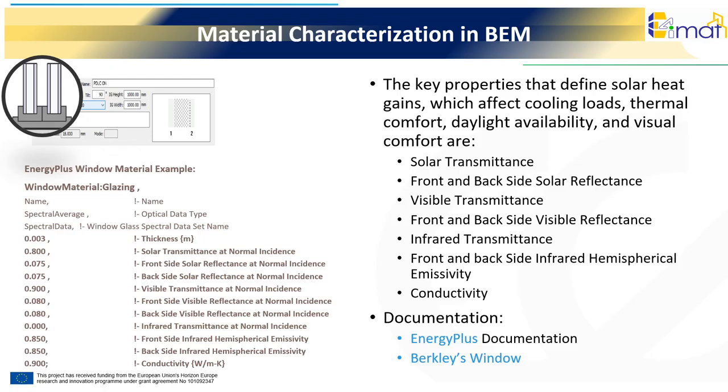Conductivity, which describes how well the glazing material conducts heat. It measures the rate at which heat energy flows through a material when there is a temperature difference. Together these properties define solar heat gains, which affect cooling loads, thermal comfort, daylight availability, and visual comfort. There are other advanced properties for different glazing systems, like thermochromic glass. We would like you to refer to the EnergyPlus Engineering Reference and Barclay's Window Technical Documentation for their introduction into BEM